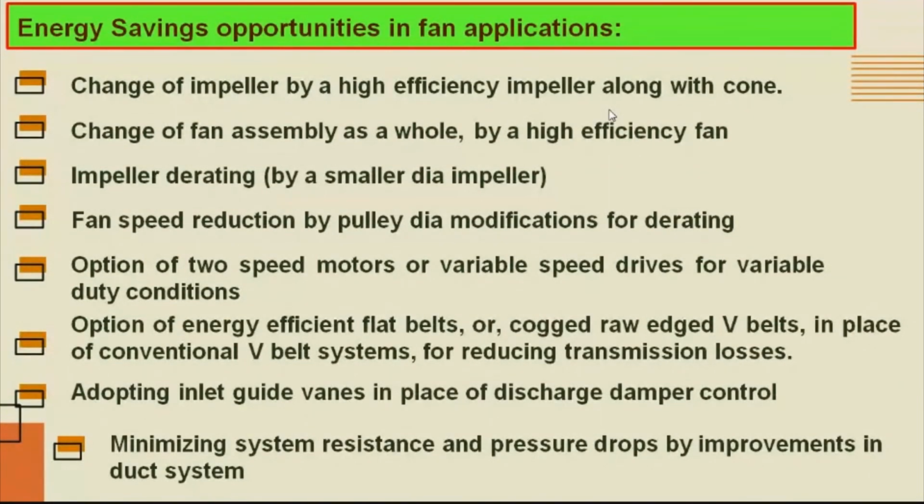In the sixth semester of power station practice, you all have learned the use of the induced and the forced draft fan. So there you can increase the energy savings in this particular induced and draft fan by changing the impeller to a high efficiency impeller along with cone. This will help save the energy which will be utilized in that particular fan. Next is change of fan assembly as a whole by a high efficiency fan. So we all know that